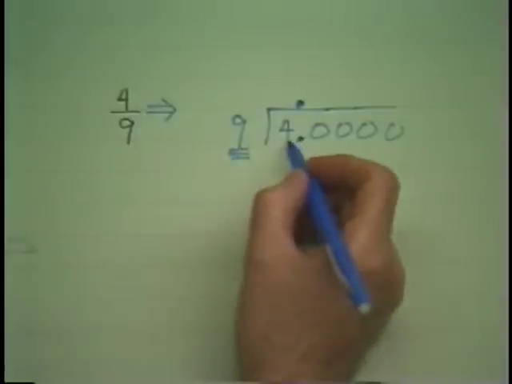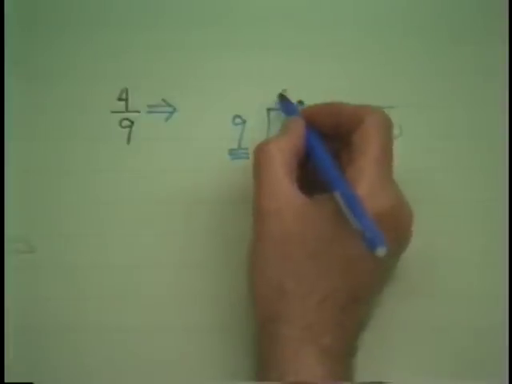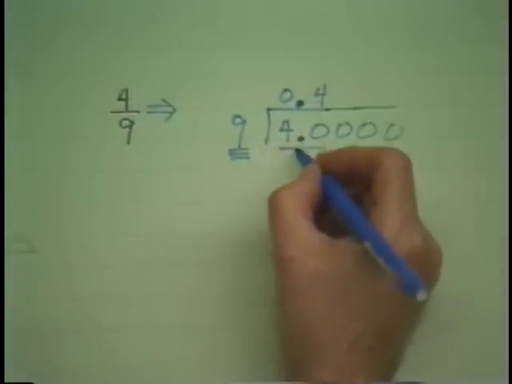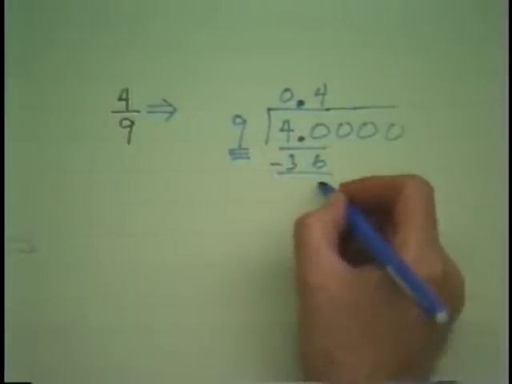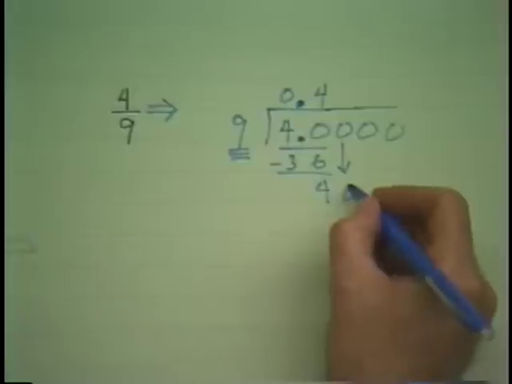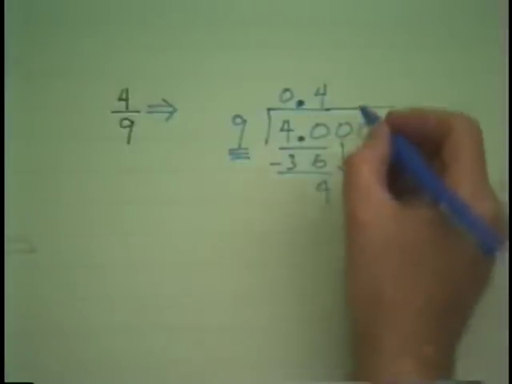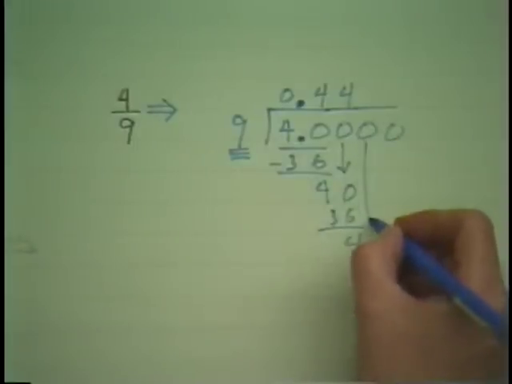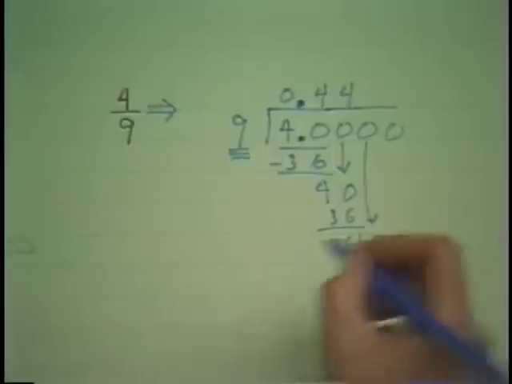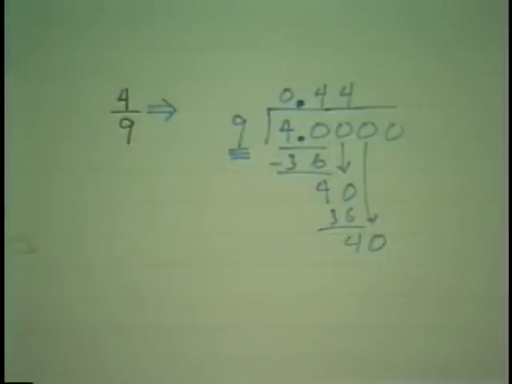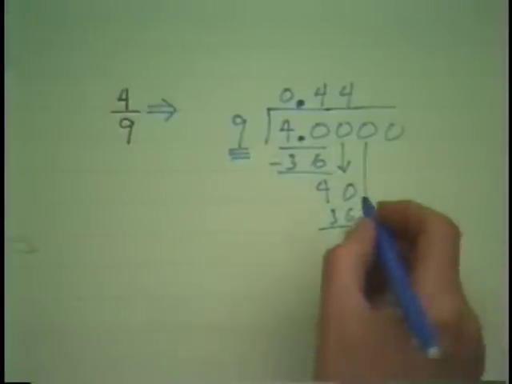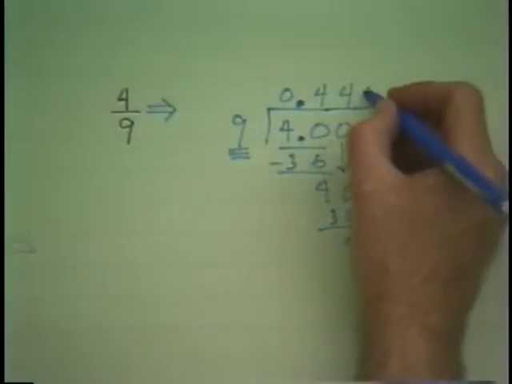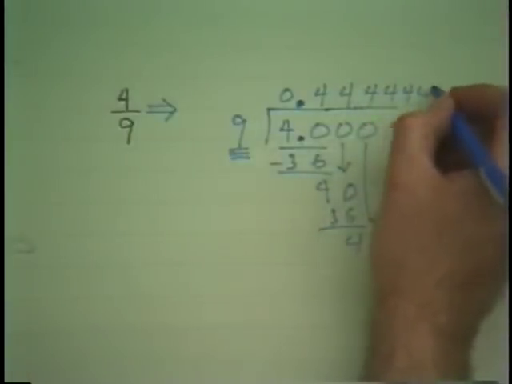Now dividing, 9 does not go into 4, well, it does go into 4 0 times. Then 9 goes into 40 4 times. 4 9s is 36, subtract, gives you 4, bring down the next 0. 9 into 40 is 4 times again. And it doesn't take very much before you realize that we're in an unending looping situation. In fact I'll keep on getting 40, 36, 40, 36, and this quotient will be 4, 4, 4, 4